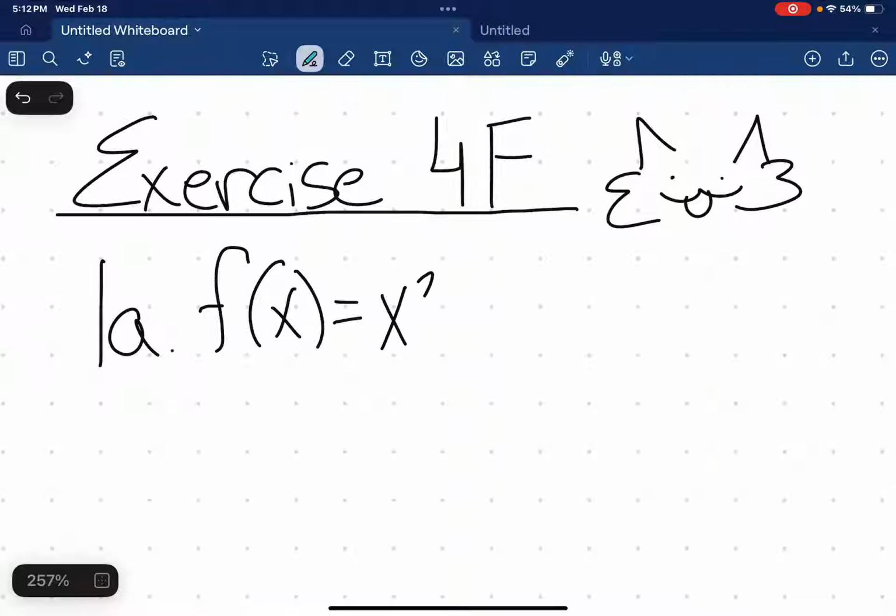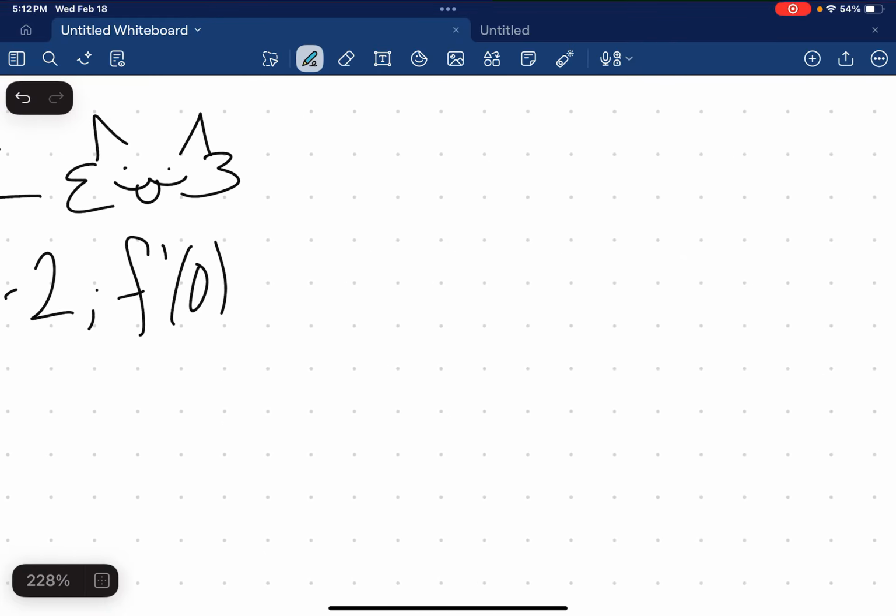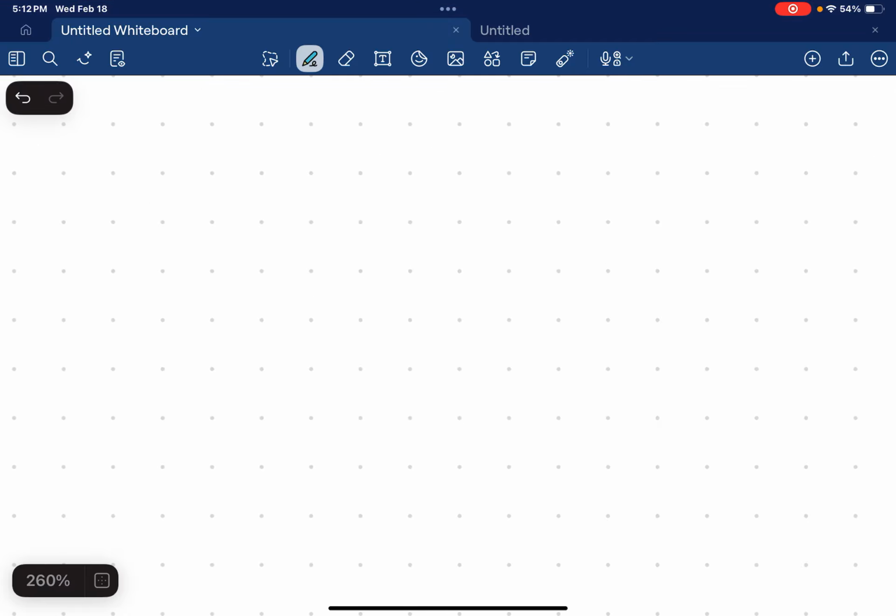Okay, question number 1 asks us to find the derivatives of the following functions using first principles, and I'll go ahead and explain what that is real quick. After I write this out, it gives us this function, and it asks us to find the derivative at x equals 0. Okay, so I'm going to come to the side real quick. What first principles states is that for any given function,